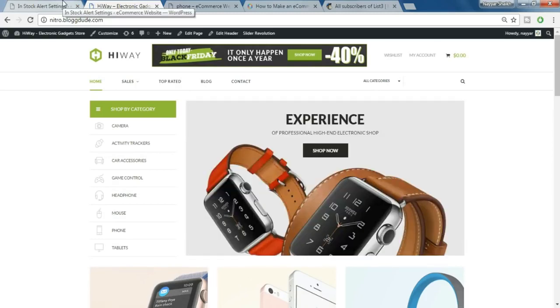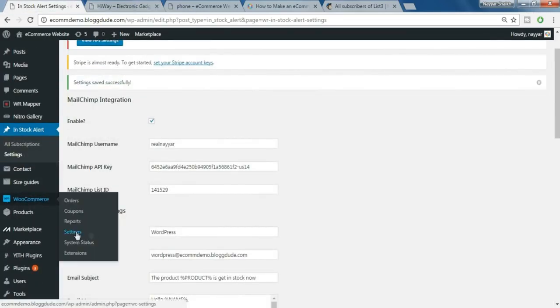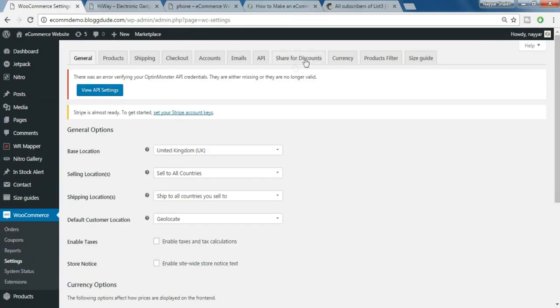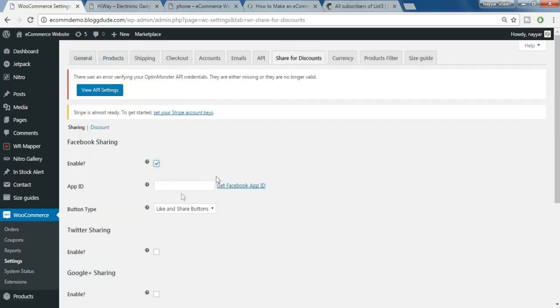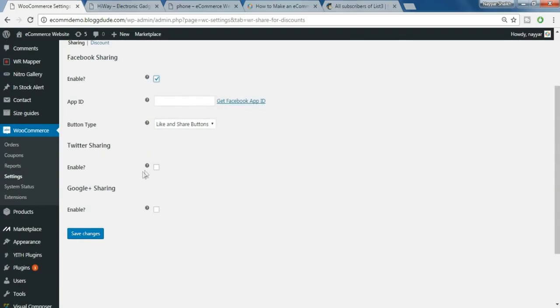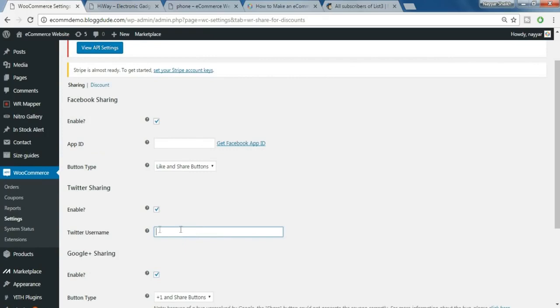Now let's see the other option called share for discount. Then again go back to your dashboard, hover over WooCommerce, select settings, and here you'll see something called share for discount. Just click on that, and we can enable the Facebook sharing, Twitter sharing, Google Plus sharing. Just enter the Twitter name,